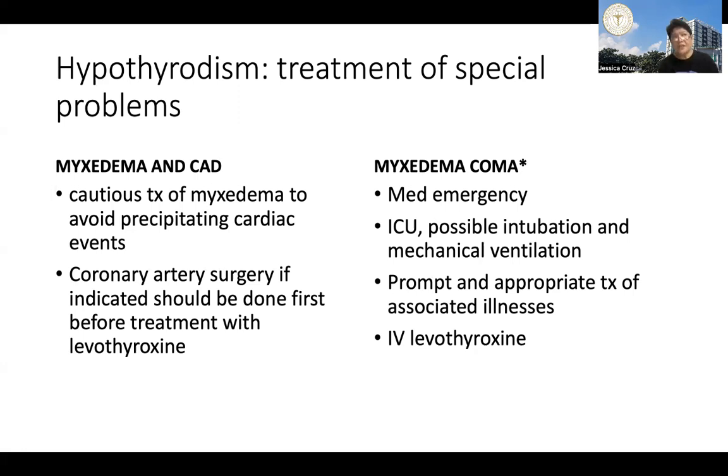So we have to be ready for the possibility of intubation and mechanical ventilation pag talagang mababa na yung respiratory rate niyan. And we have to treat all the underlying comorbidities. Kung may infection yan, UTI, or meron, ang tawag nito, cardiac problem, hyperglycemia, all of these things have to be treated. And because of the compromised activity of the gastrointestinal tract, our replacement is given by parenteral route.